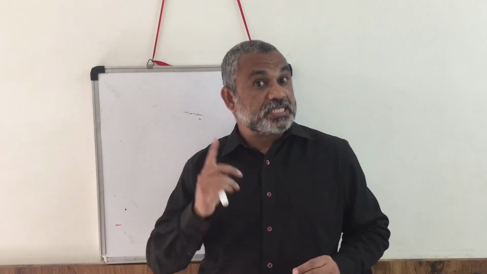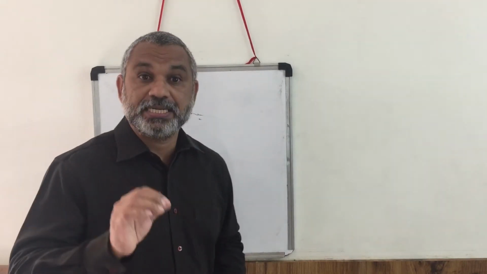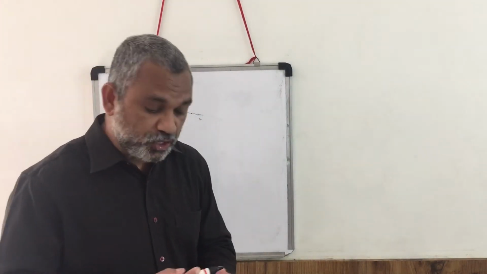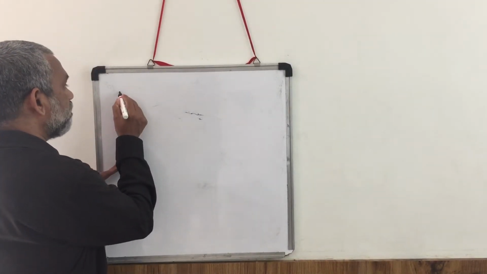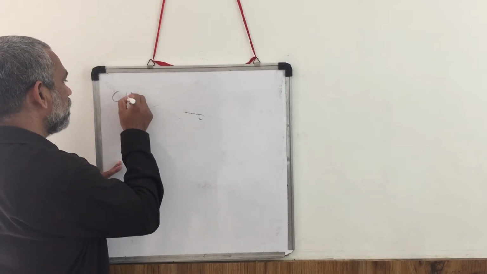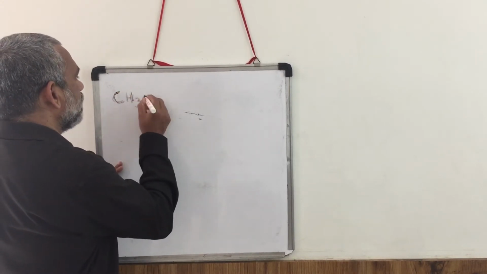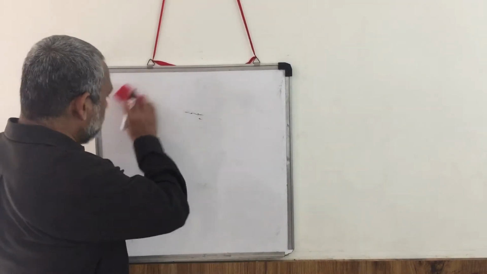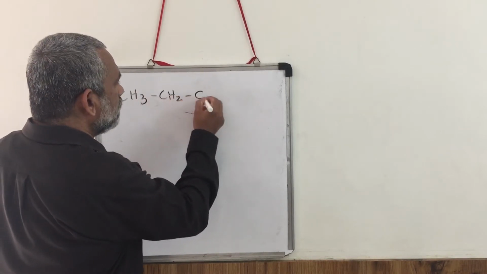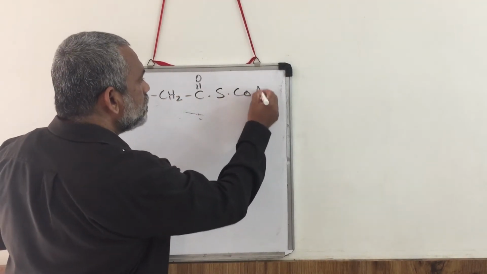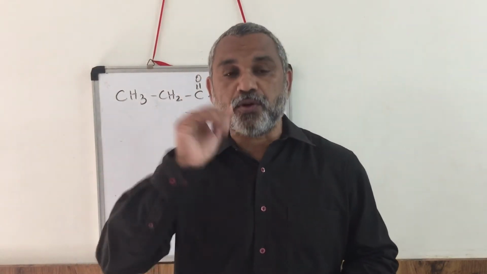So, what is the difference now? The difference is that after about 6 cycles, after the 6th cycle, you are left with a product, a 3-carbon compound. That 3-carbon compound is propionyl-CoA. So let us write the structure of propionyl-CoA. CH3, CH2, C double bond O, S CoA. So this is the final product that we have, propionyl-CoA.